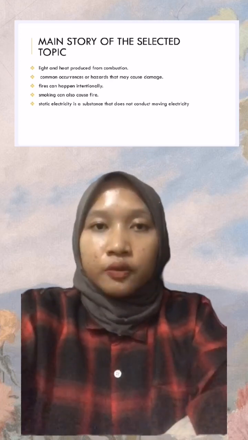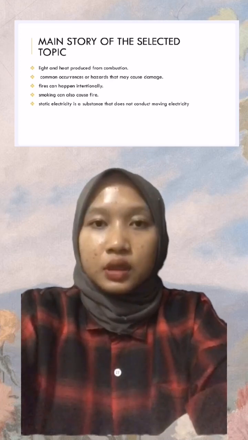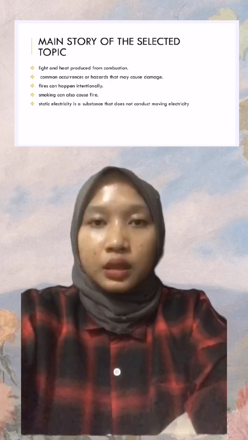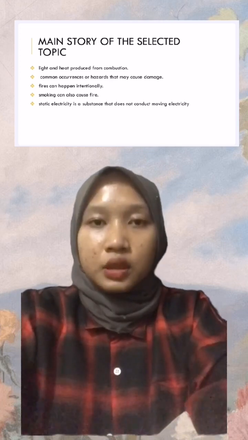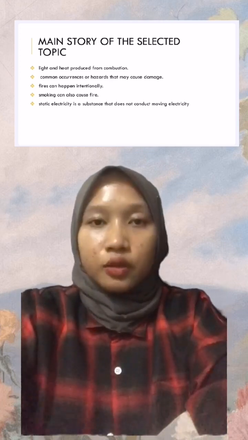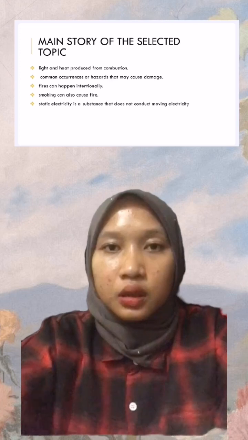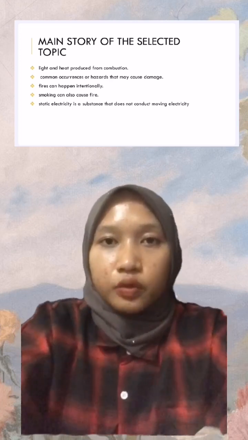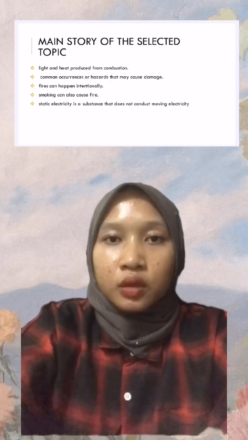Fire is known as light and heat produced as a result of combustion. It also occurs after a seeming excitation reaction, and some of the most typical manifestations of fire are extreme heat and emission of carbon dioxide and water vapor. Fire can happen intentionally or unintentionally due to human activity. The most common fires are in places such as homes, buildings or shops.